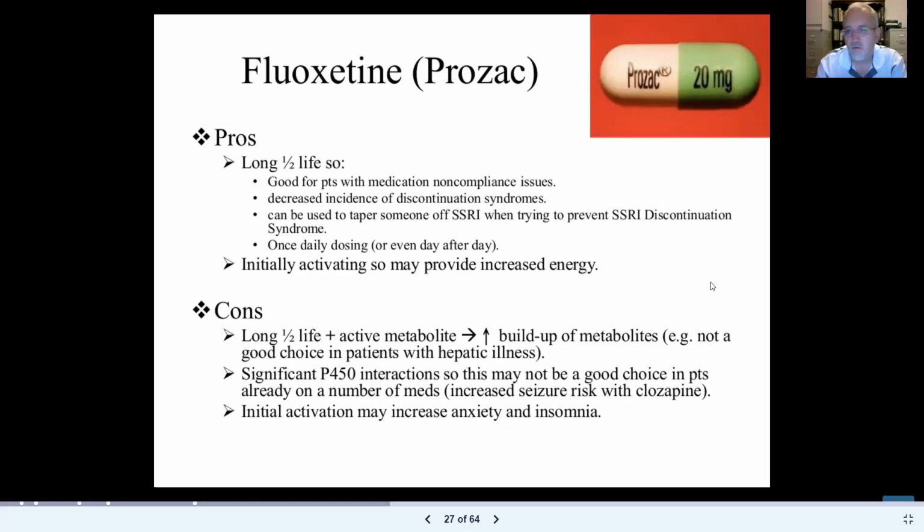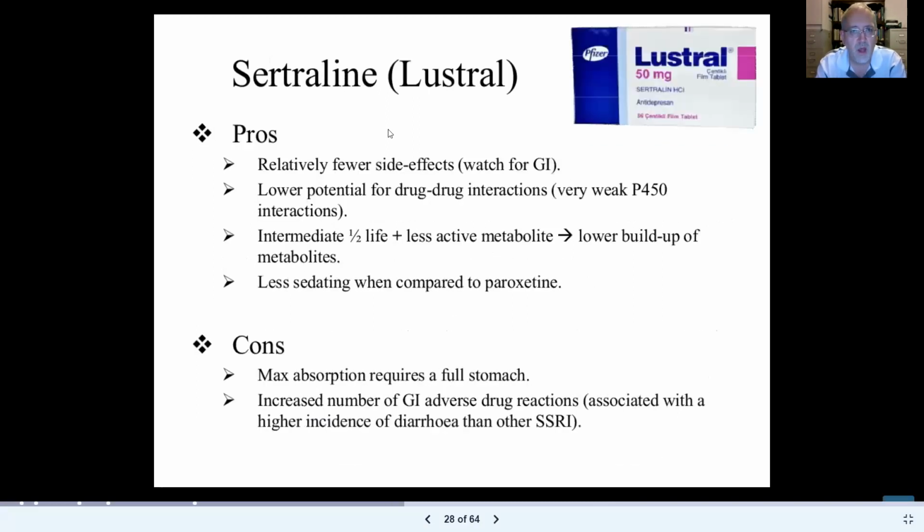So this medication provides increased energy. But notice here, this is always increased energy, but also could be increased anxiety and trouble sleeping. These two are often related. Increased energy, if it sort of combines with other problems for the person, could turn into increased anxiety and increased problems sleeping. Luvox, which is the next one,